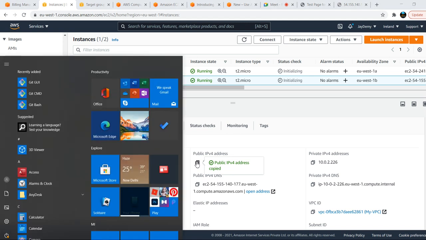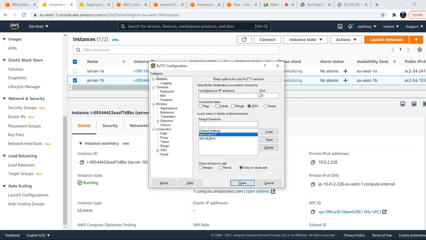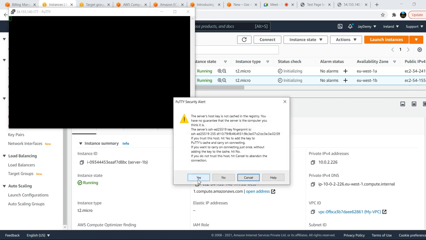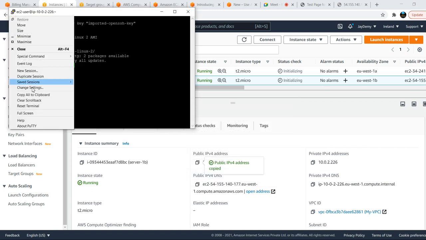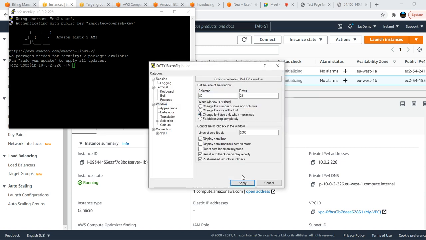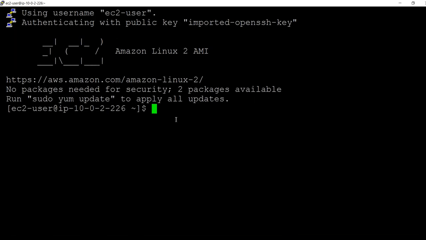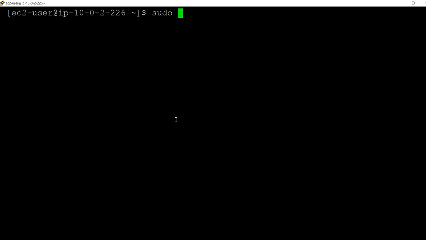So again same, use PuTTY to connect to this machine. Okay, so these are the PuTTY configurations I'm using because I have already saved with this name on the backend my credentials, everything. Just open this one. Yes, I want to use this key and I want to modify the settings for best visibility. Okay,